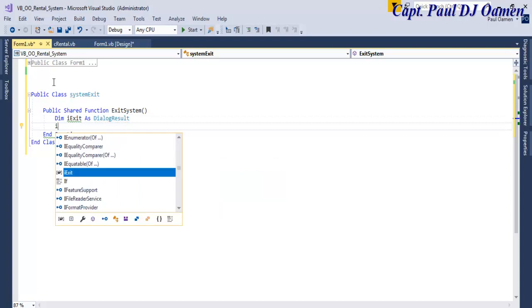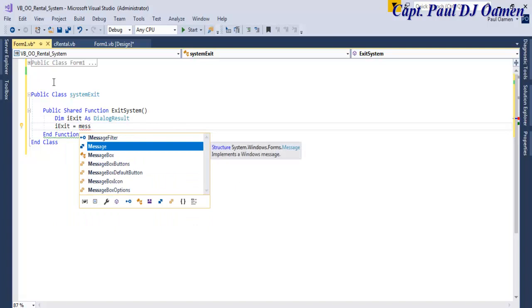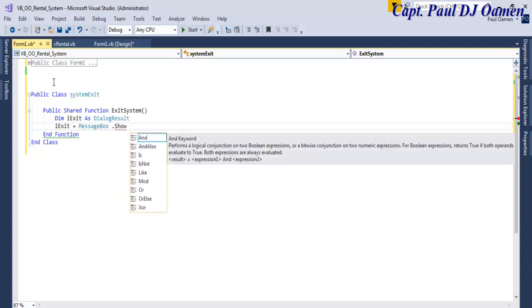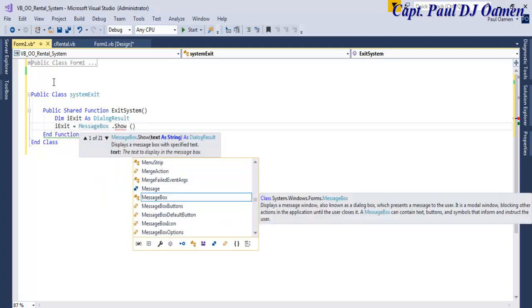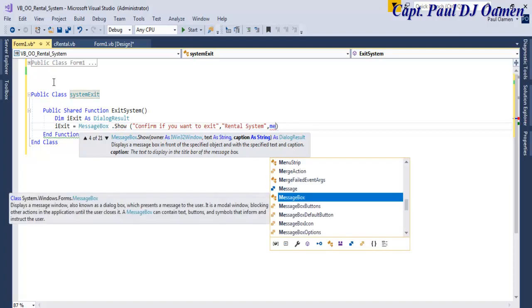I exit itself equals message box dot show, and let's just enter confirm if you want to exit, and right in here, comma, enter the name of the system, rental system, and come out here. Let's use VB dialog or VB